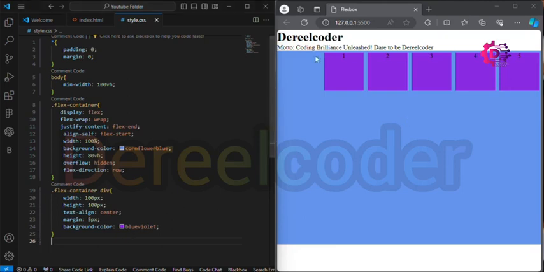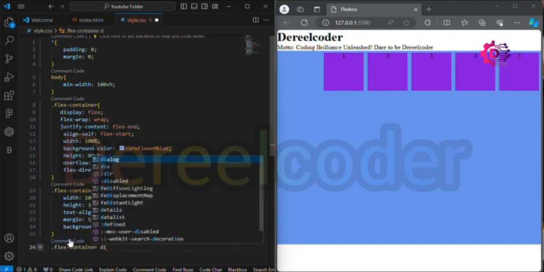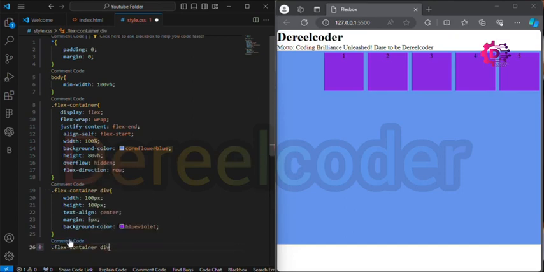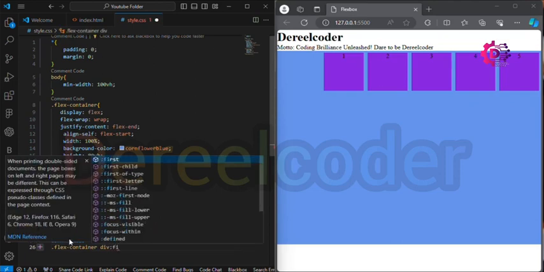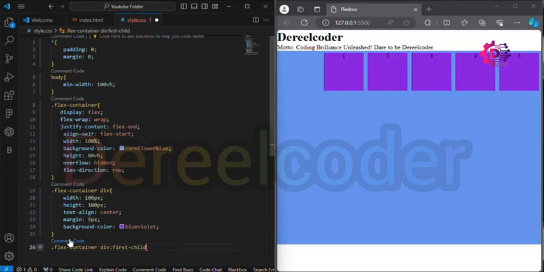This number one here, I want to bring it to the top, to the beginning. So I just come here and say dot flex container, then div, and I say first child. I pick the first child there, and I come here and I say margin-right